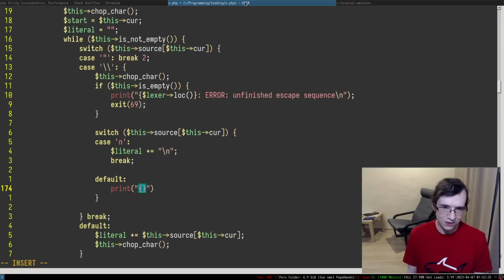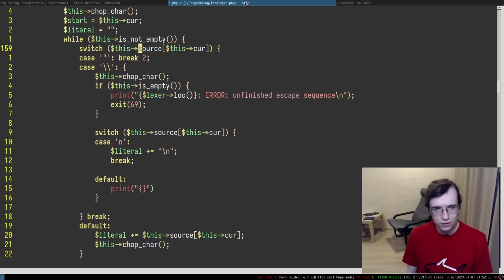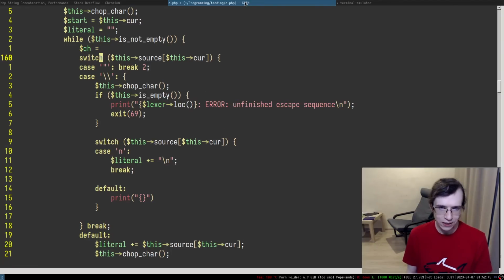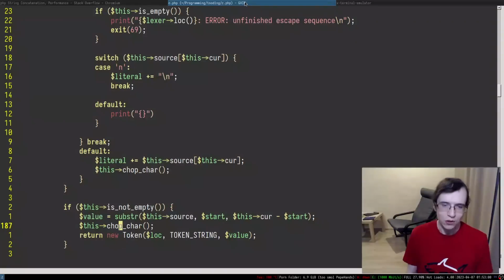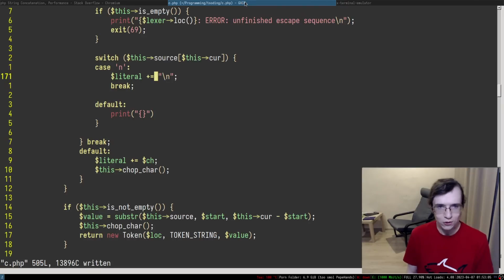Anyways, so what I want to say is that I need to have a location, the current location. So all of that is not particularly convenient, right? Because I don't like referring to this stuff all the time, it's kind of meh. So maybe I'm going to have something like ch, and I'm going to literally move this entire stuff to something like this. Right, so this is ch now. Then, when I'm appending some stuff, I'm going to be appending that specific ch in here, and then chop a character.